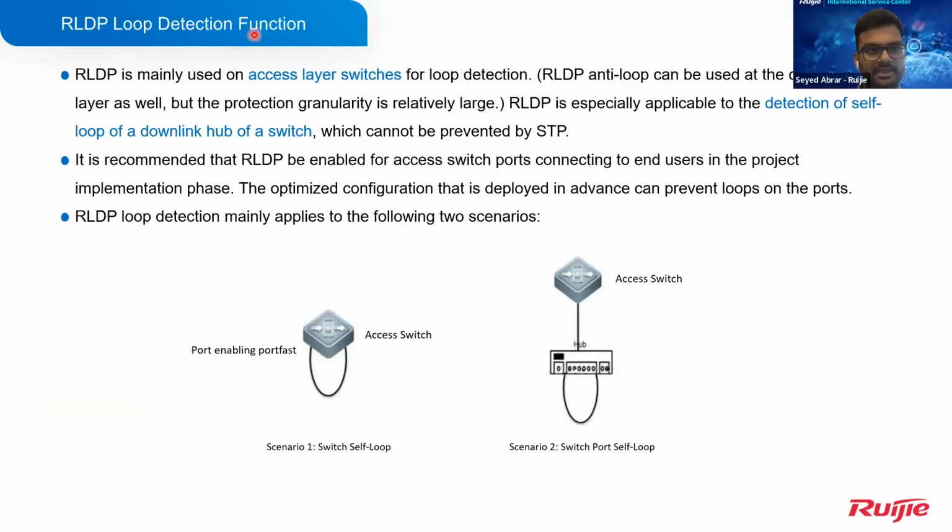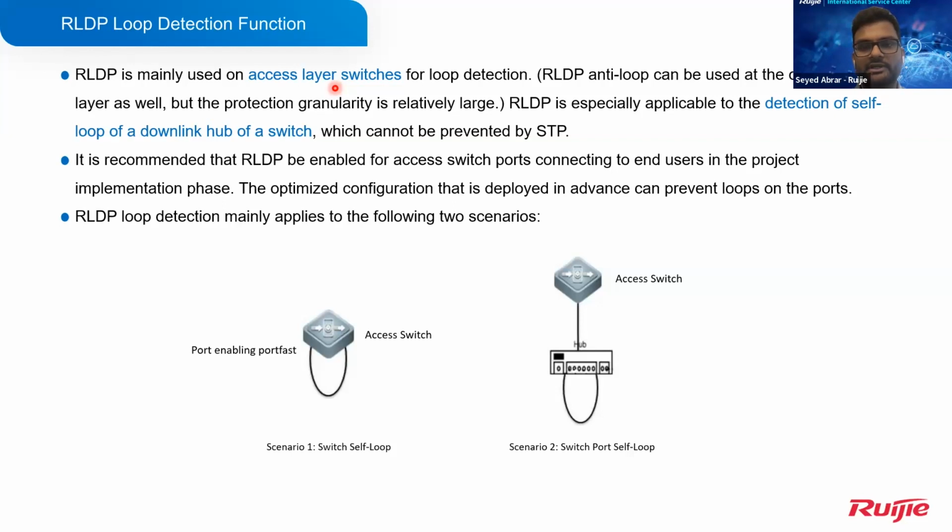We have RLDP to do the loop detection function. RLDP is mainly used on access switches, or you can even use it in the distribution layer as well. Not only the access layer, you can use it as a distribution layer. And since we have an anti-loop function, okay,